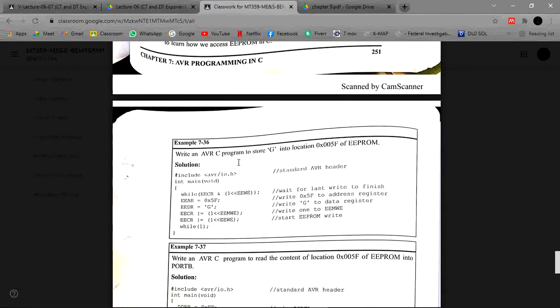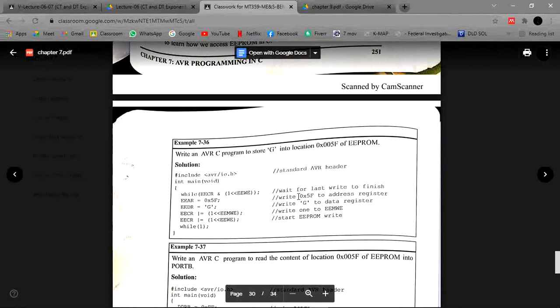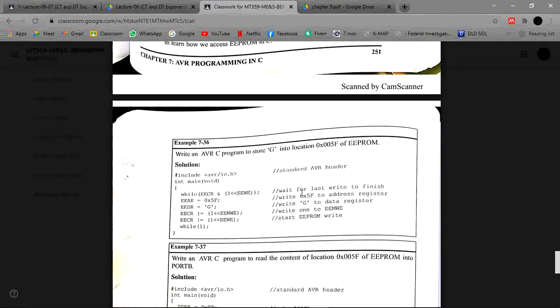We have to write an AVR-C program to store G into a location of the EEPROM. Here we have to store data into the EEPROM. So we include the header, initialize main, and with the help of a while loop we wait for the last write to finish.